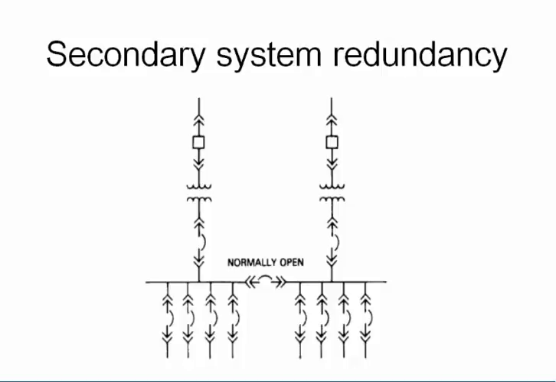So what you have here, this is one feed, this is the second feed. At any given time, you might only run one, and the other one is off. But if there is a fault there, then you can run using that. And you keep the bus coupler closed so that if you are running through that, it supplies the loads here and here. Or if you are running from that side, you are supplying the loads on either side. If you want to run both though, you might leave the bus coupler open. So this is secondary system redundancy.